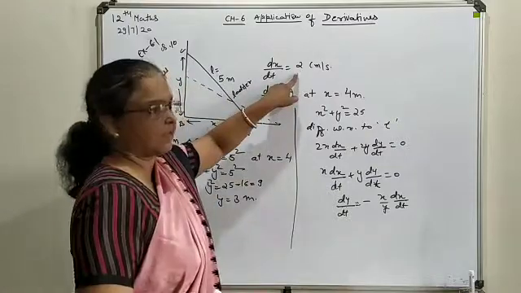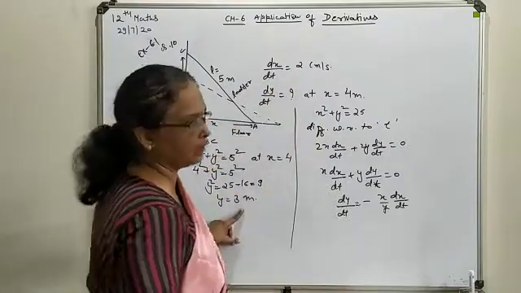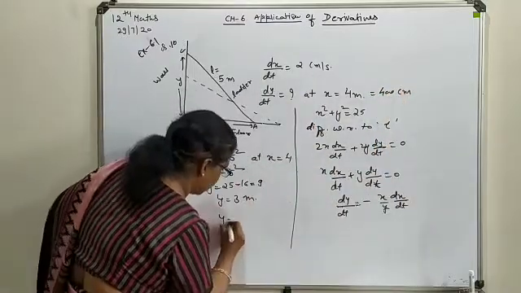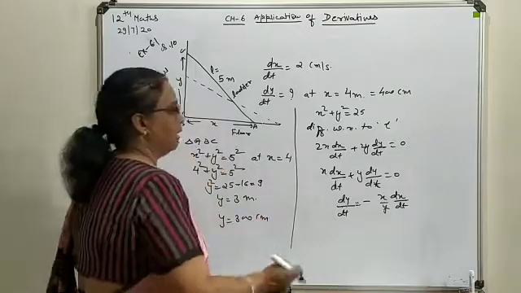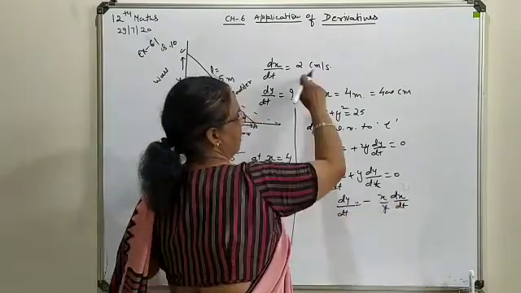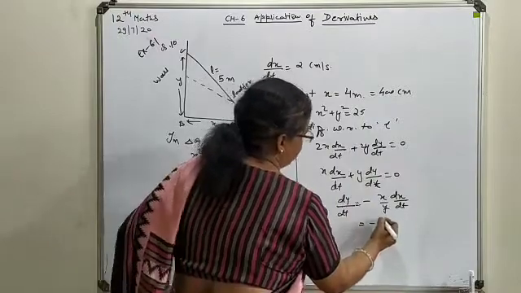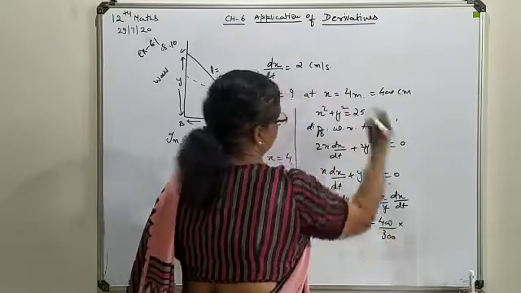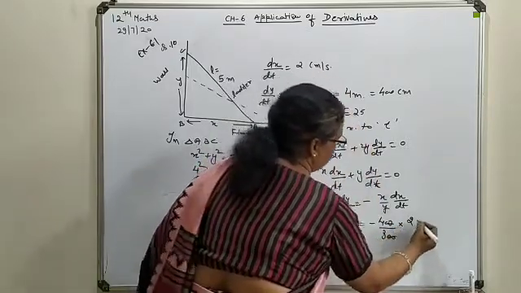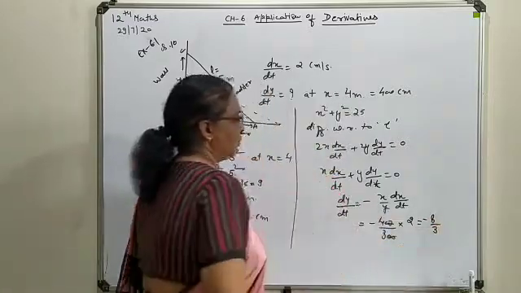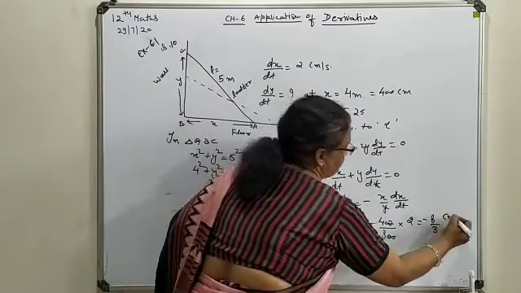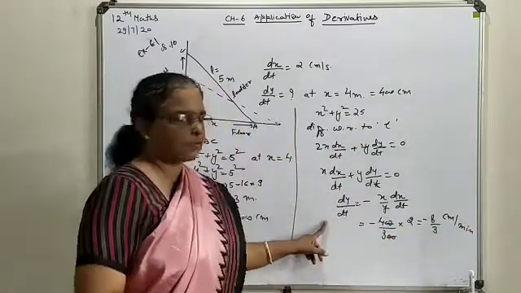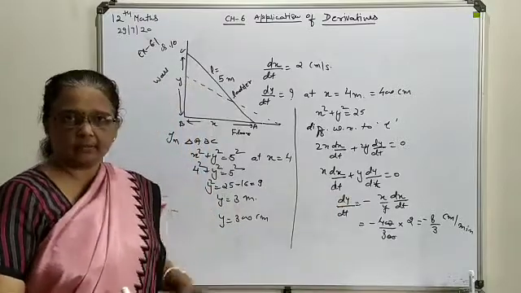Now it is given in centimeter, so x and y both we will write in terms of centimeter, as 400 centimeter, and this will also be 300 centimeter. Now substitute x, y and dx by dt here. x means 400 centimeter upon 300, this gives 2, and this cuts, so minus 8 by 3 centimeter per second. So here you can say that your height is decreasing at the rate of 8 by 3.